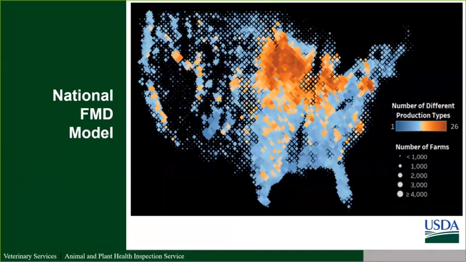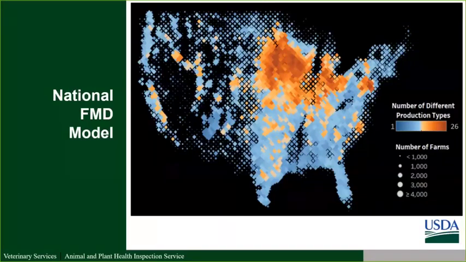So in our population file, each farm does have a latitude and longitude, and they're smartly placed, meaning it's a bunch of different GIS layers and algorithms that look at where most likely in a county a farm is to be located. So not in the middle of a big city and not on top of a tall mountain, for instance. Our farm file has 26 production types. So it includes commercial bison, beef and dairy cattle, to include dairy calf heifer ranches. That's something that was fairly new that we added to our population model last year.